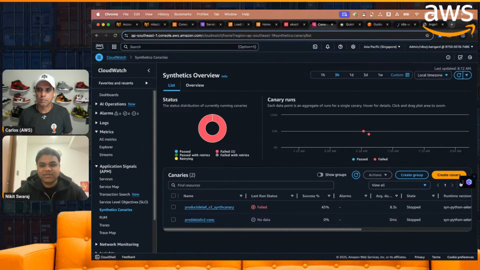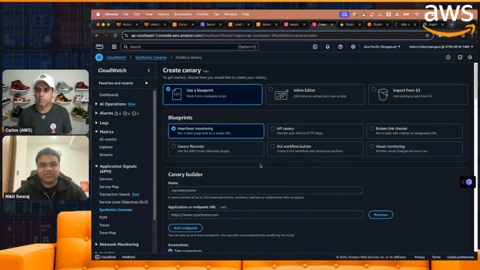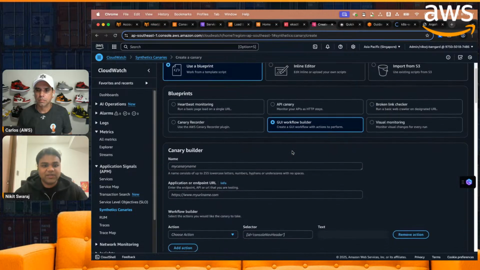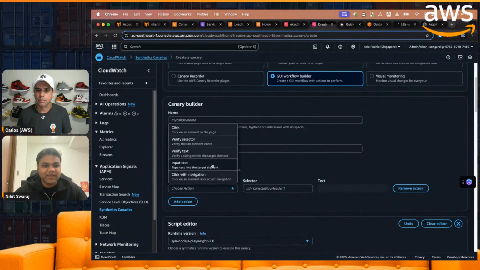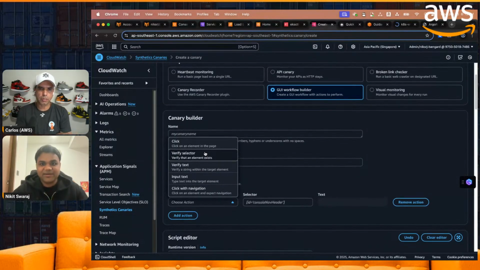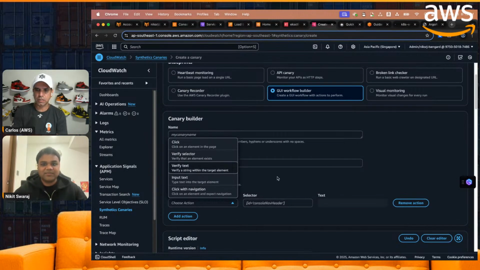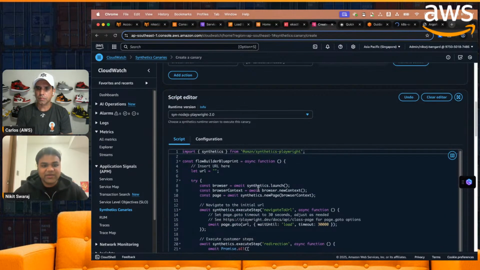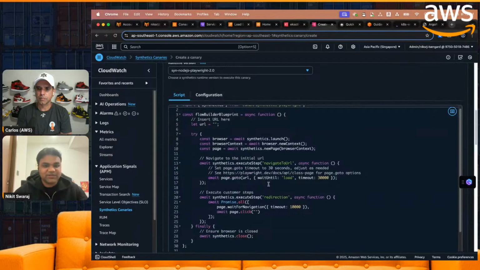If we have to create a Canary from scratch, we just click on create Canary, and you can use the GUI workflow builder. Here you can see there is something called verify text and verify a selector. These are a few out-of-the-box common things that people use, but you can write something custom. Most likely these are good ones to get started. So you can use this, and it also generates your script, but